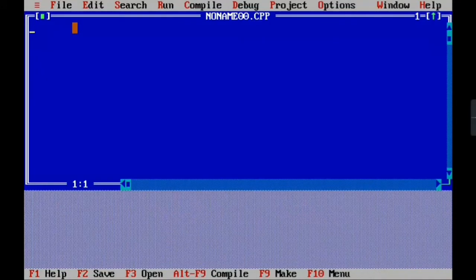Start with the basic thing that we have to write in each and every program: #include <stdio.h>, then #include <conio.h>.